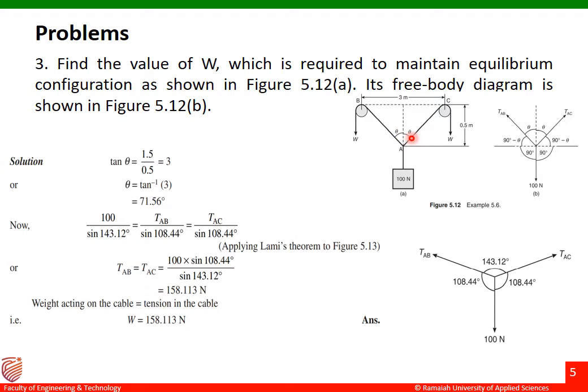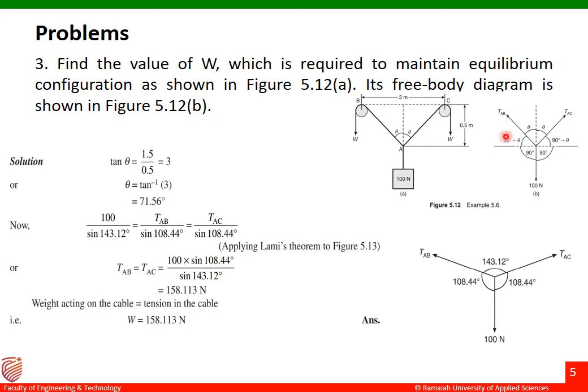Now we got the answer for theta. Similarly, we can find the answer for theta for this side also. So both theta are same. Why? Because the dimension to the right hand side also it is same. That is 1.5 meters and the vertical height is 0.5 meters. So theta to the left hand side and then theta to the right hand side both are equal. Now we got the answer for theta, that is 71.56. So let us substitute this value, that is theta equal to 71.56 over there. Now we can find out the angle between the two forces there.